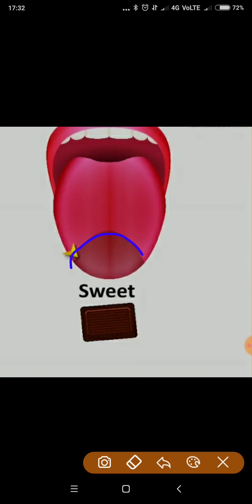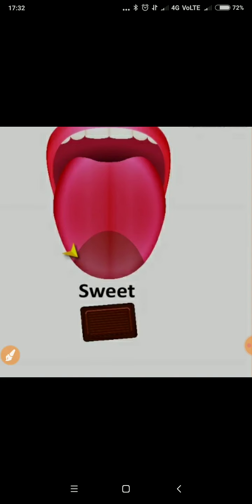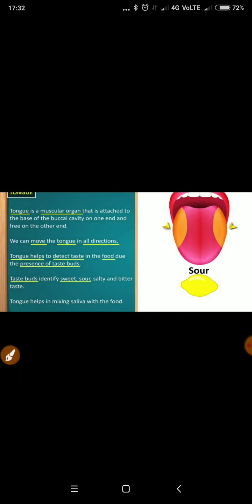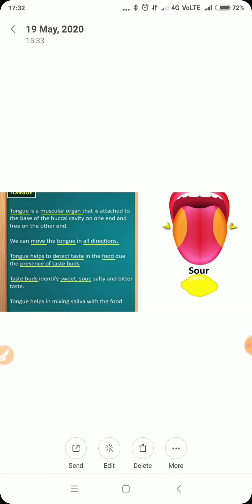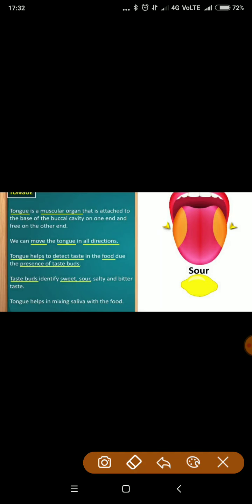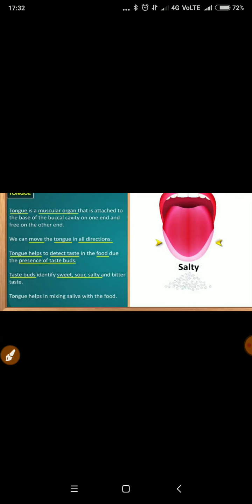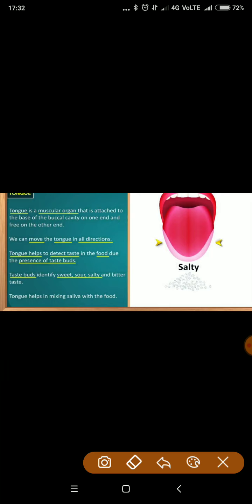Okay, this region is the region for sweet. It indicates the sweetness of the food. The front one. This one indicates the sour things like lemon, etc. What does it indicate? Sourness of the food. Alright. Salty. The taste buds are present on this area for salt to identify the salty taste. Okay,